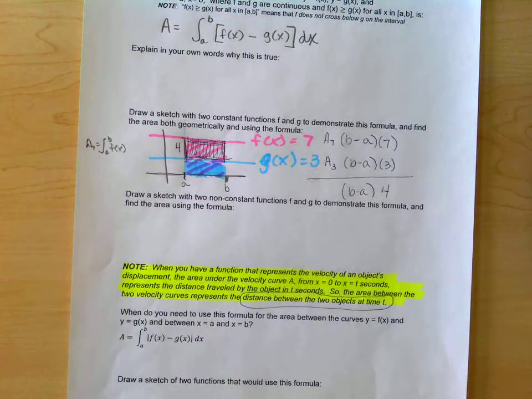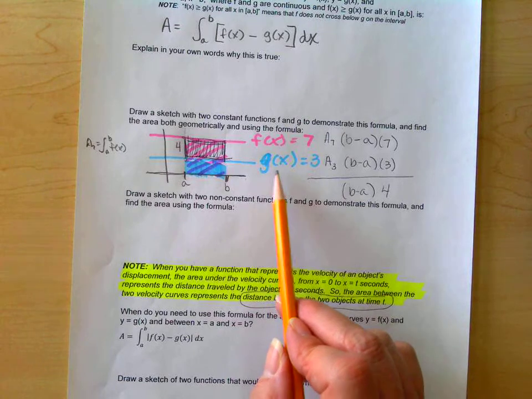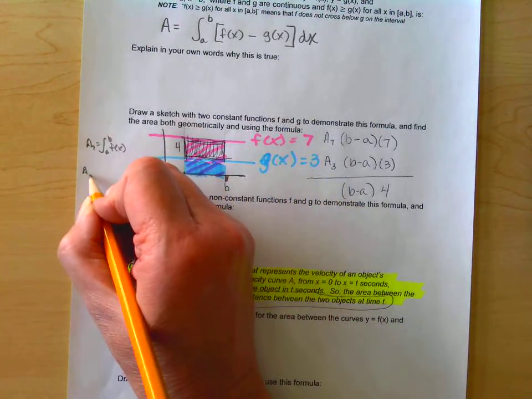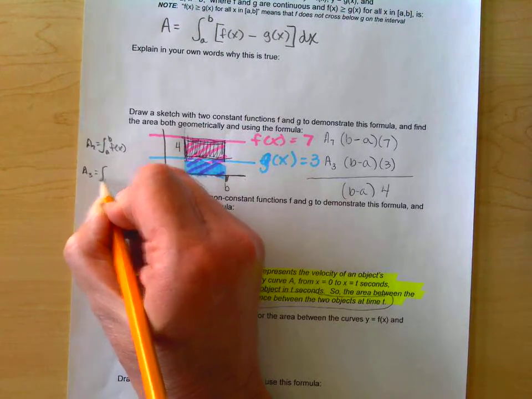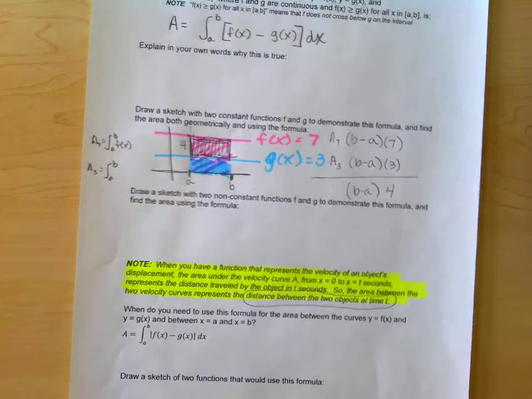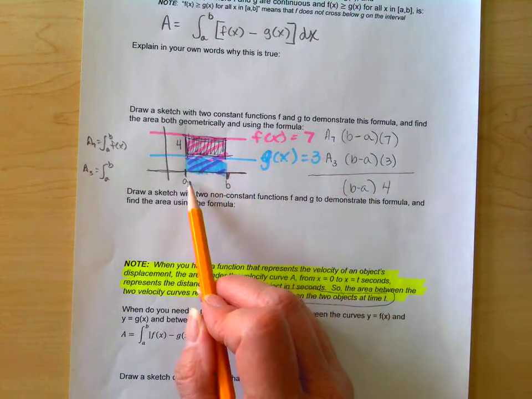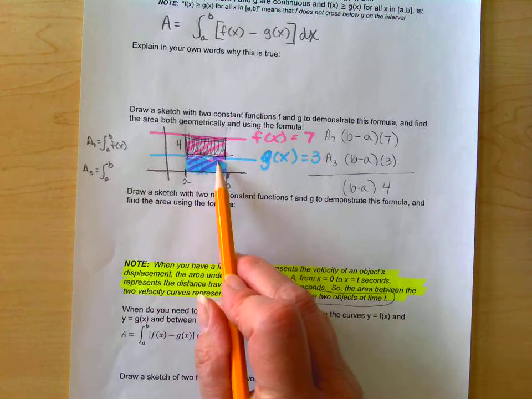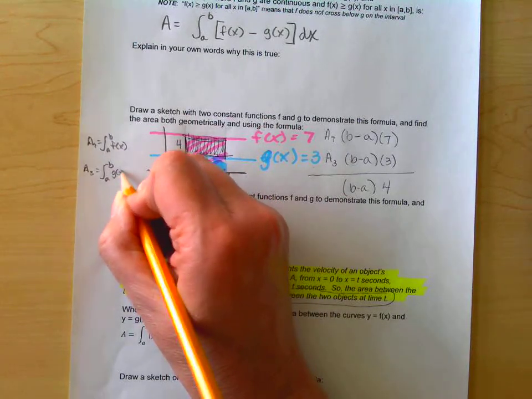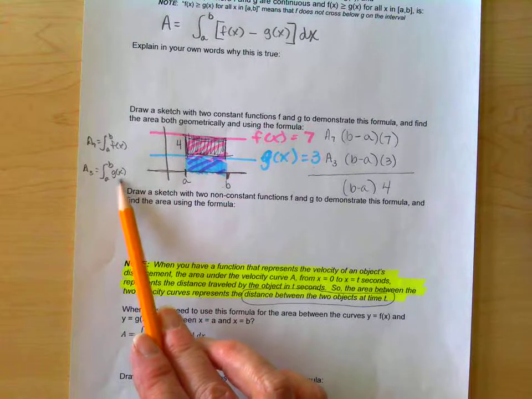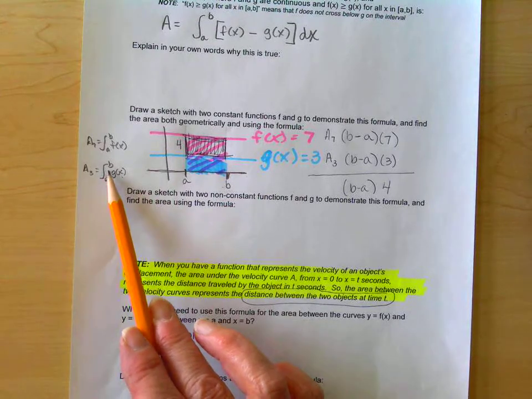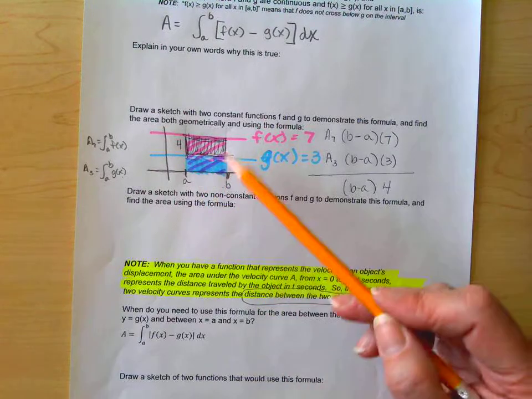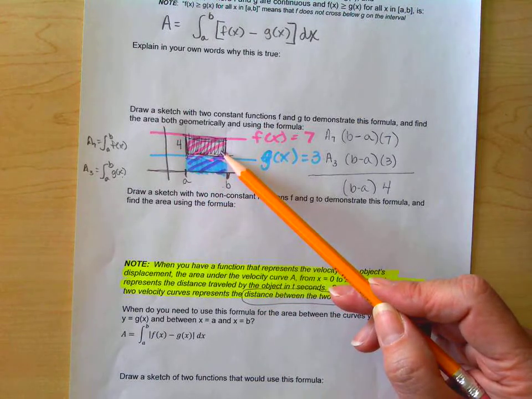Or in other words, it's the integration from a to b of f of x. And then when we look at the blue function, the g of x function, let's call that area sub 3. The area of that rectangle would be the width, b minus a, times the height, 3. Or we could see it as the integral of g of x from x equals a to x equals b. So if we highlighted that blue, we could see the part that we're looking for,